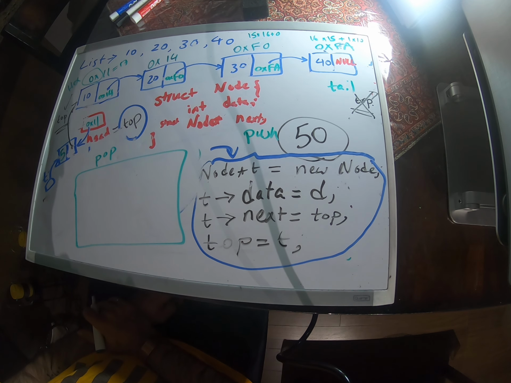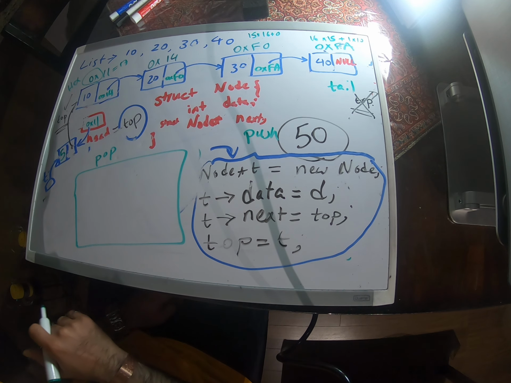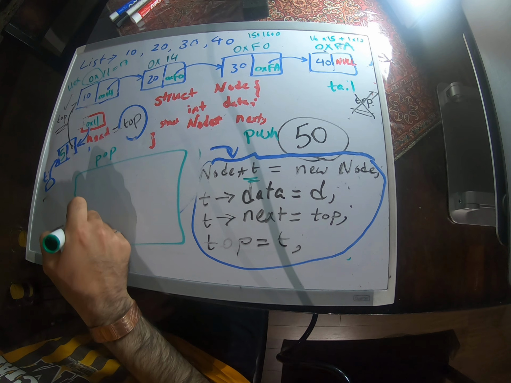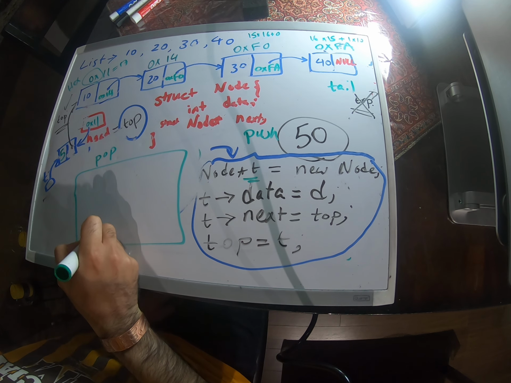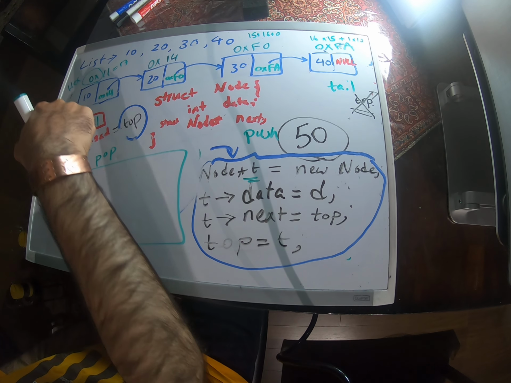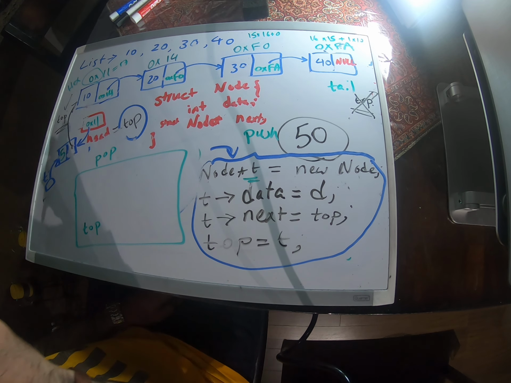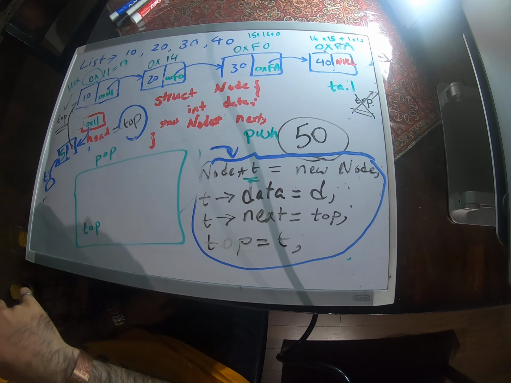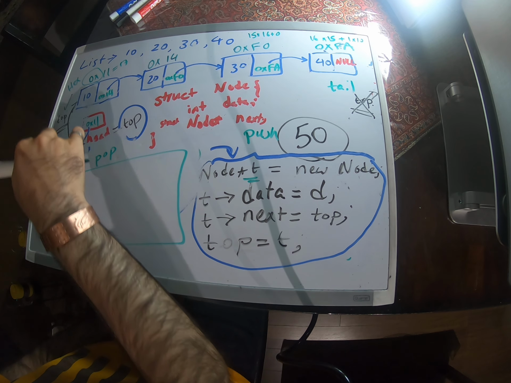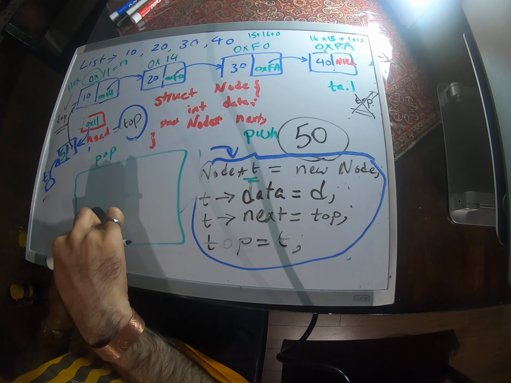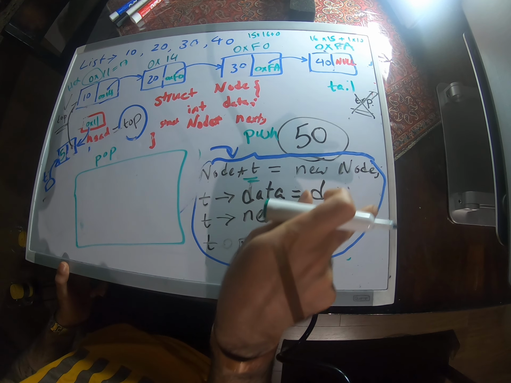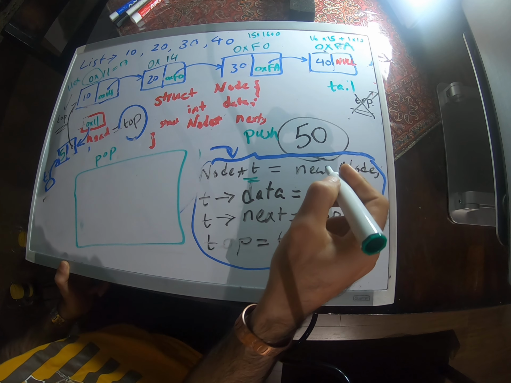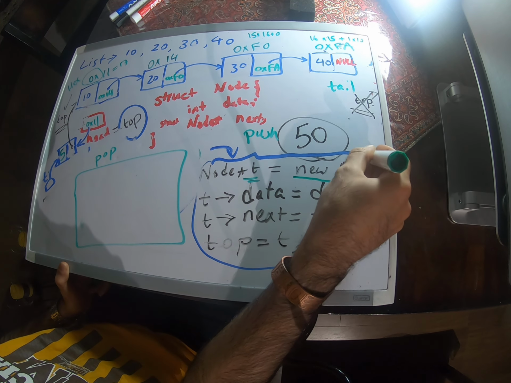So we want this top pointer to be pointing to the second node. First of all, again, in the push part, we have to make sure that we don't have any